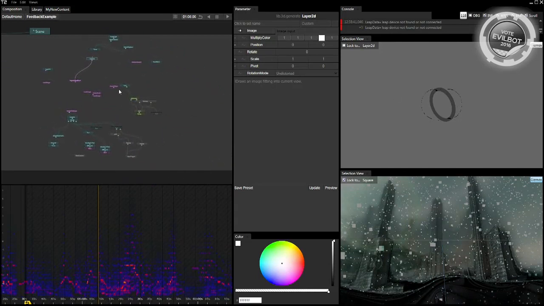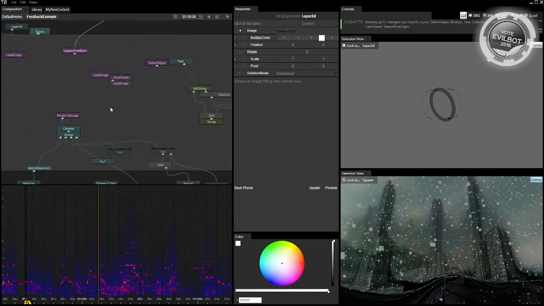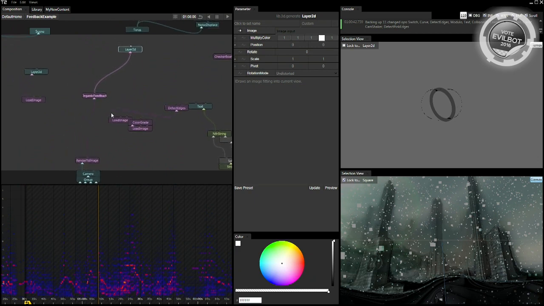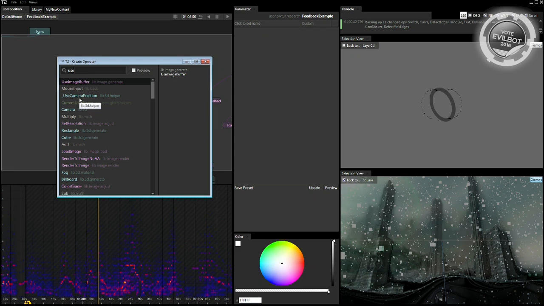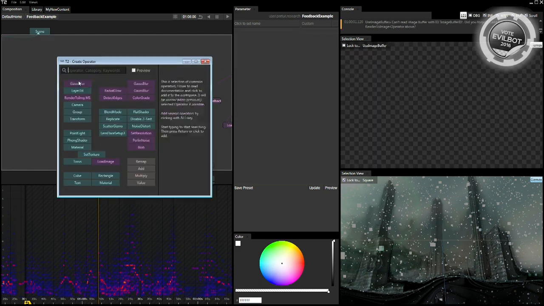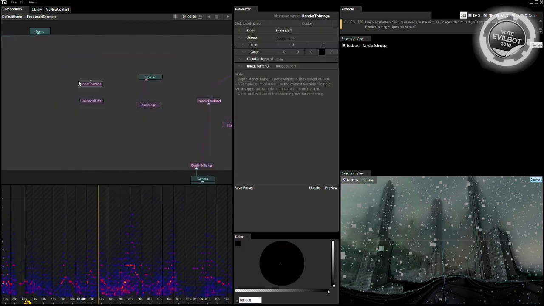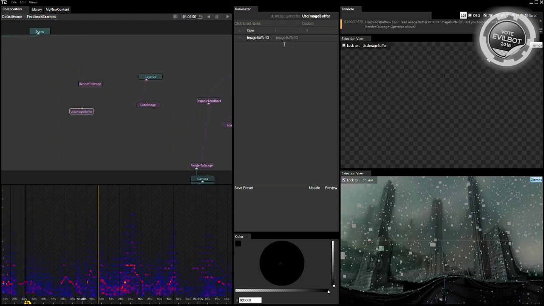But yes, there is, and it works like use image buffer. If you render to image, then you give this a string ID, and with use image buffer, you can read this string ID the next frame. But it's one frame delayed. Otherwise, at least I don't know of any. So, yeah, I would say,